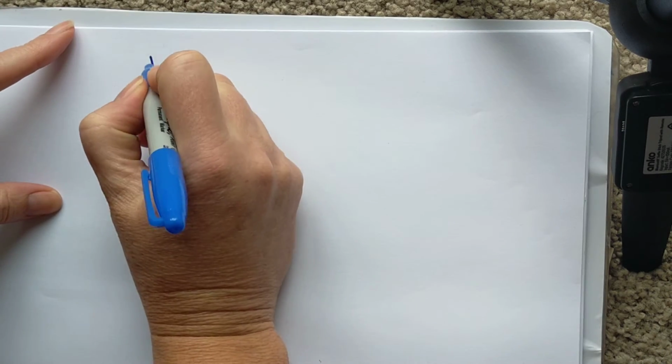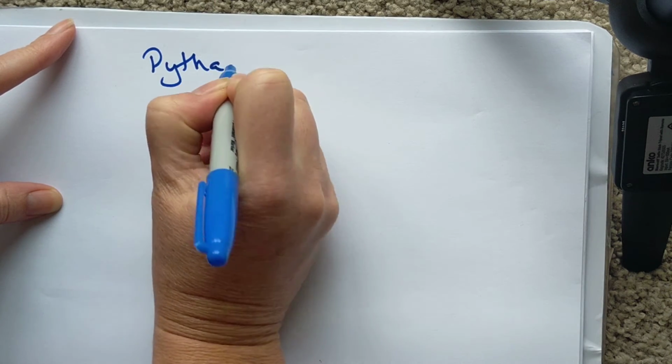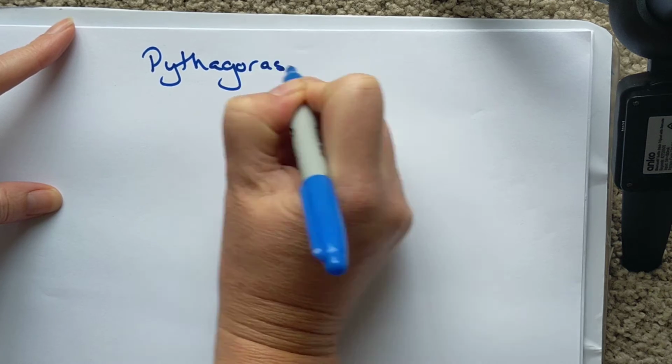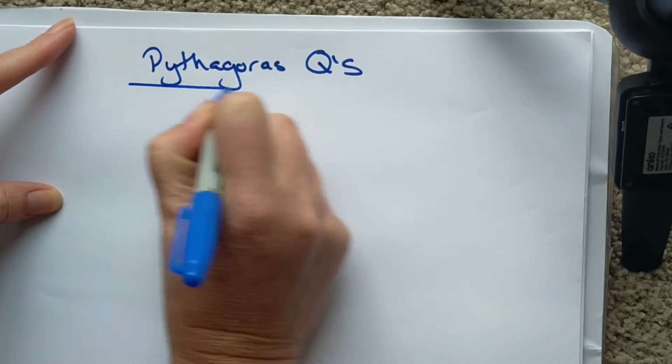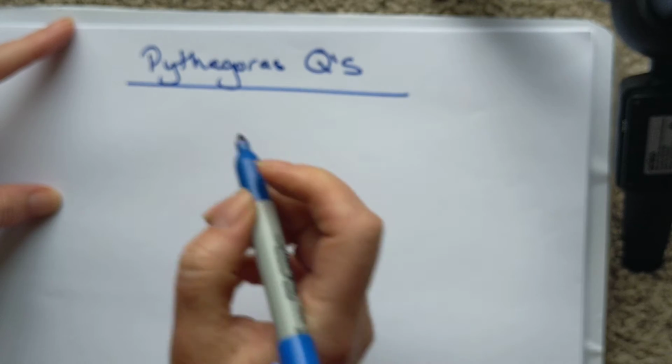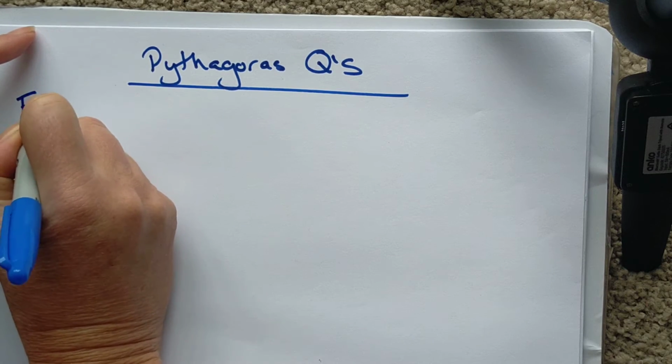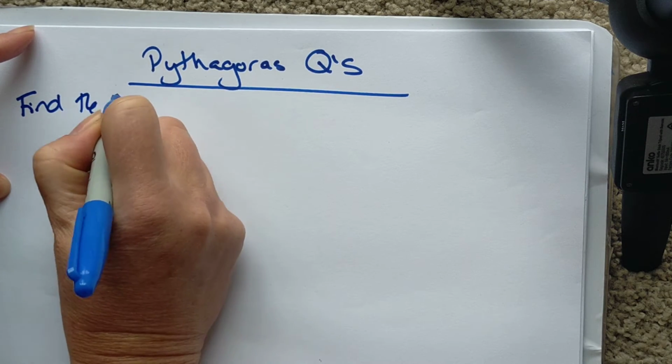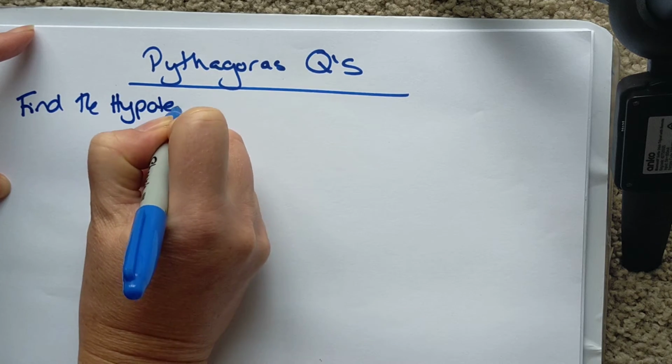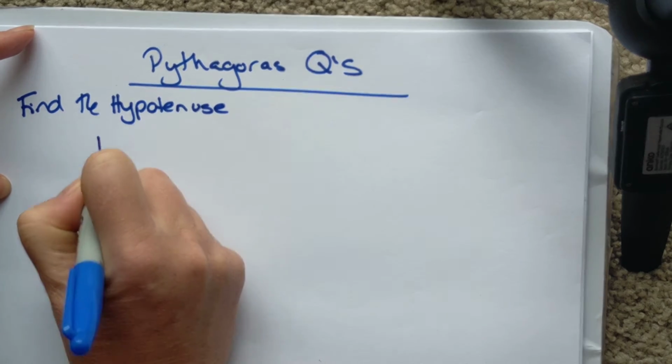Here's a really quick video on how to solve Pythagoras questions. So we've got only two things we really need to be able to do. We need to be able to find the hypotenuse, so we'll do that first. Find the hypotenuse. So questions like this